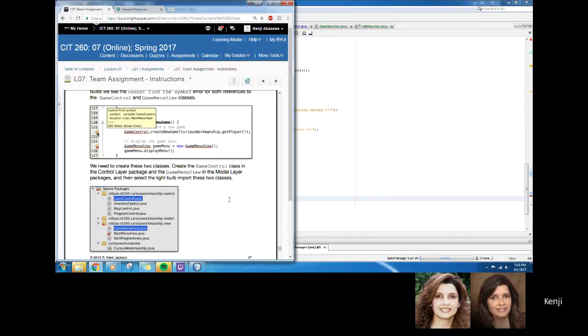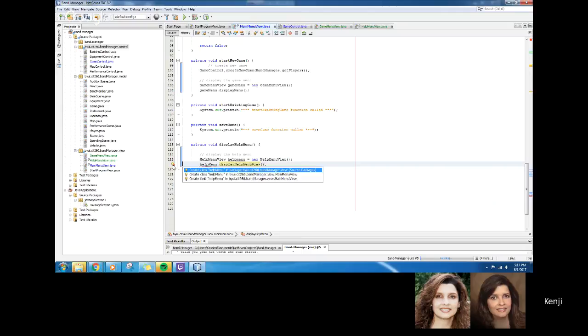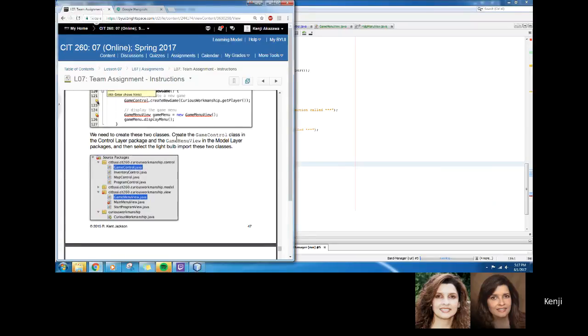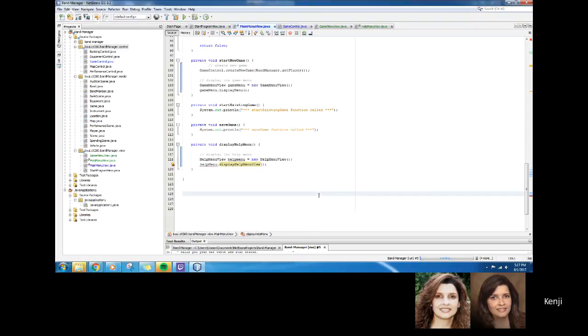And we decided he said model layer when he meant view layer or something. But these are creating classes. So game menu display menu. So import, create the game control class in the control layer package. So if we're doing the display menu, if that's in the game control class,